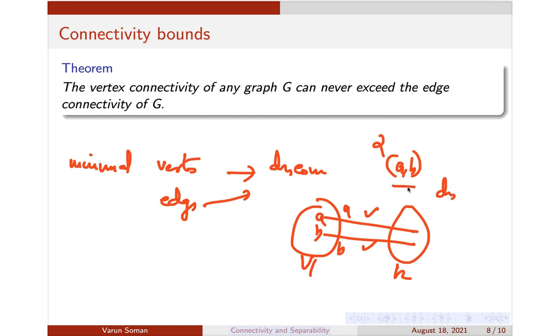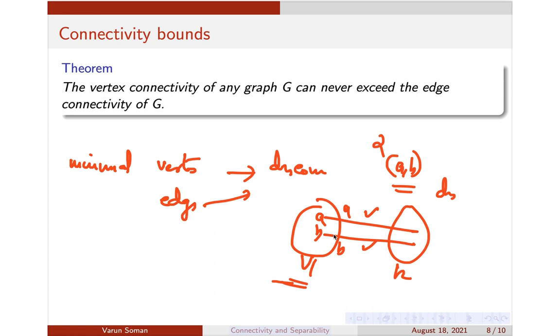So you can say that a comma b is a collection of vertices which disconnects the graph. If you have a cut set, you can always look at the end vertices of that cut set to create a set of vertices which disconnects the graph. Suppose we are given a cut set here. I am just looking at the end vertices in this set v1. If I delete these two end vertices, what will happen? Equivalently, these two edges will also be deleted, and that will effect a disconnection of the graph. So that means this is a set of vertices whose removal will disconnect the graph.